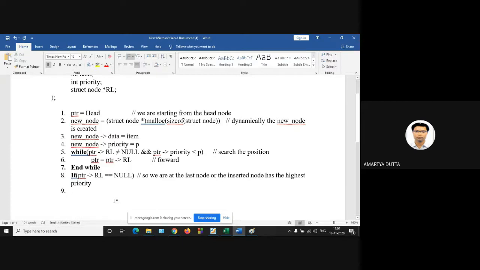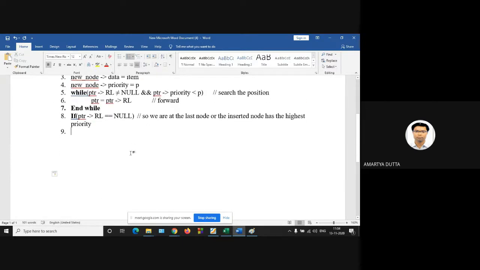So now your PTR, its right link will be the new node.